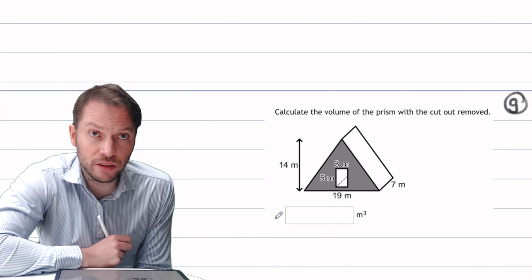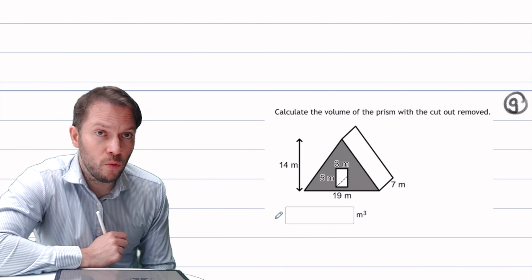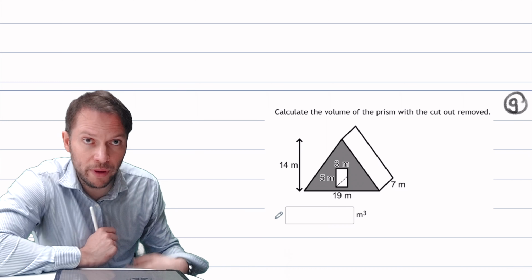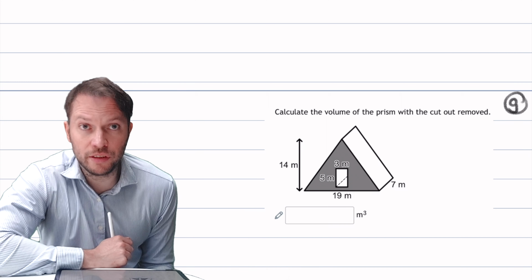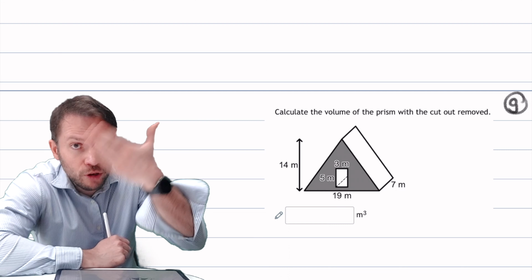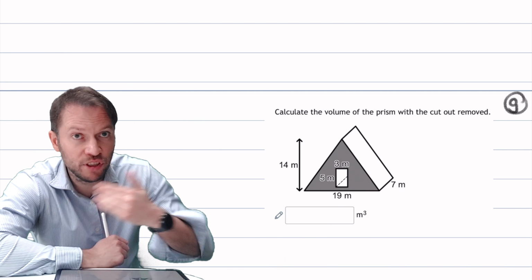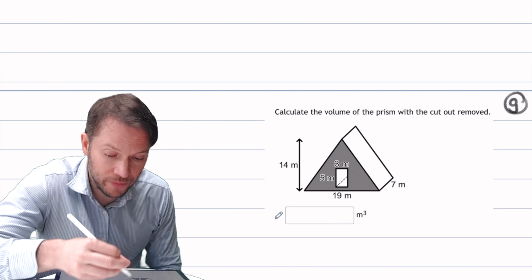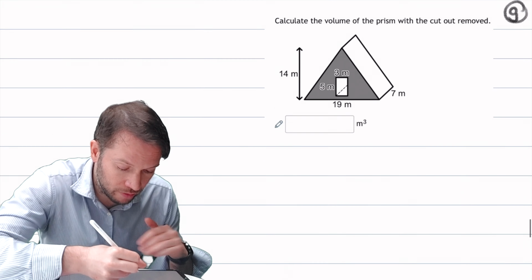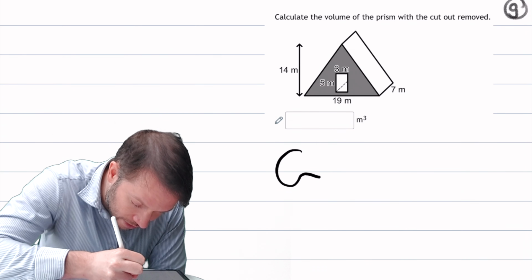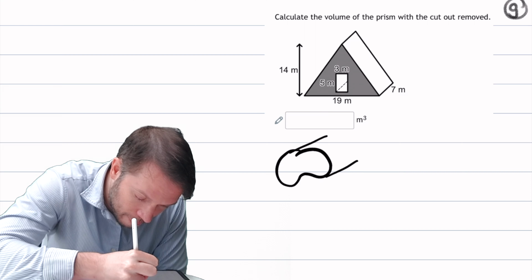Hi, in this video we're going to find the volume of a prism where you've had a prism removed from it. And just to remind you, a prism is just a 3D solid such that wherever you chop it, you always see the same shape, which is called a cross section. And you remember that the volume of a prism, if I just draw a little diagram here, the volume of a prism